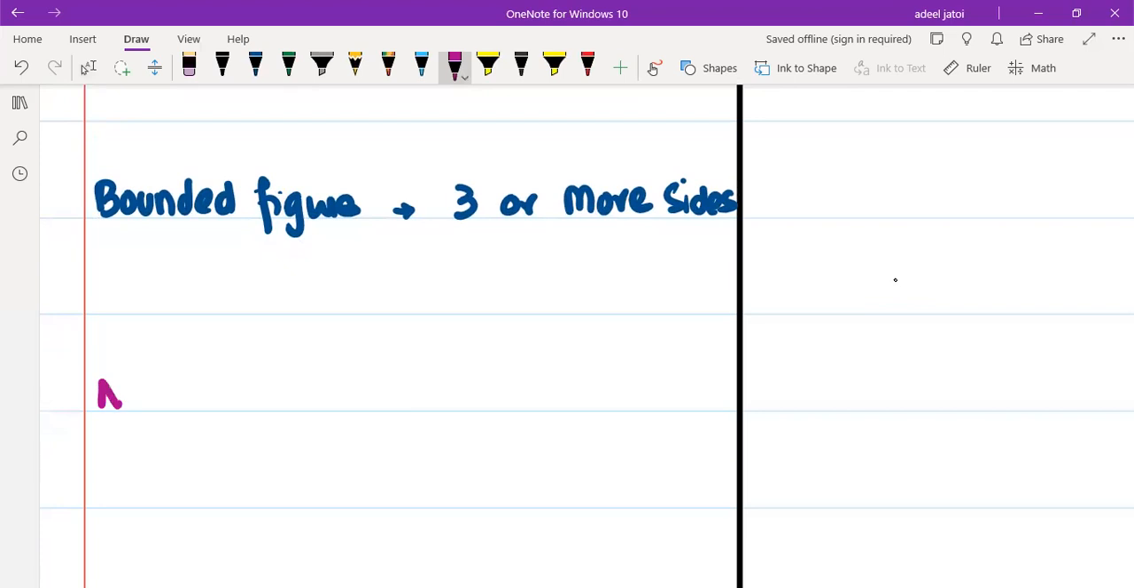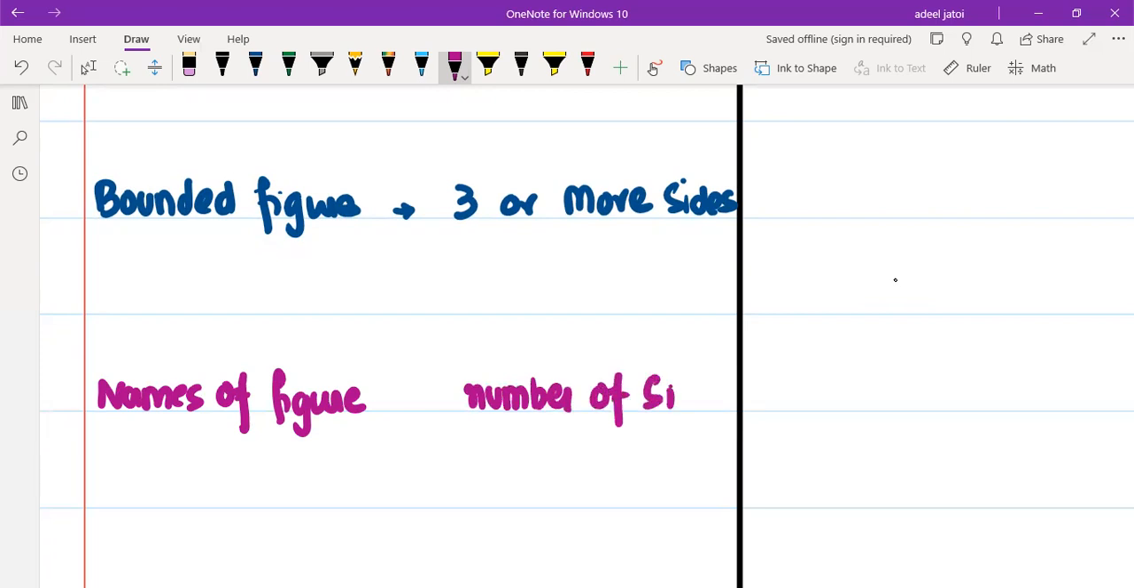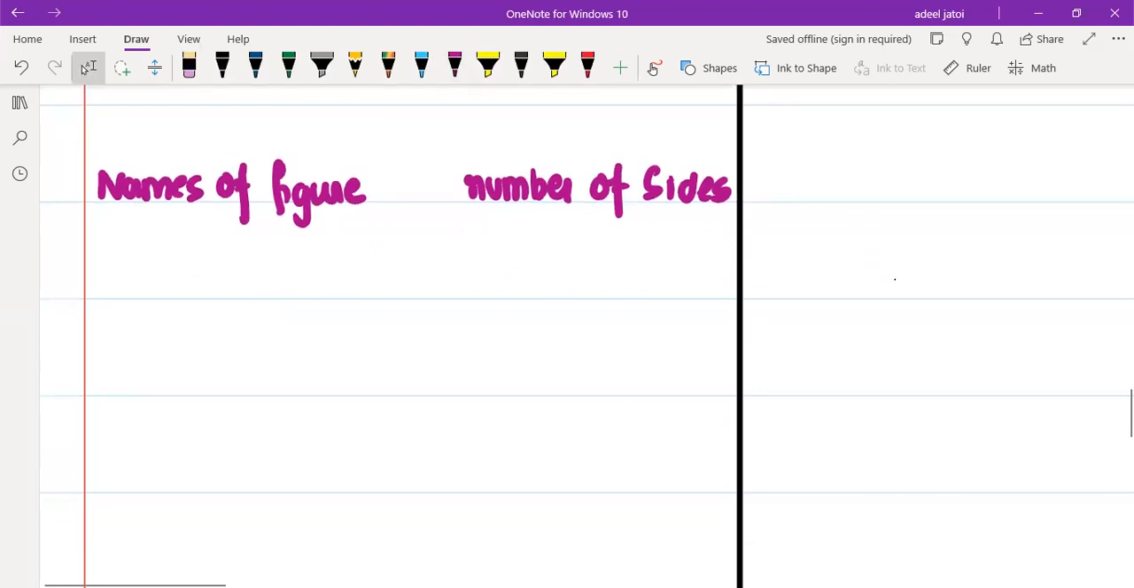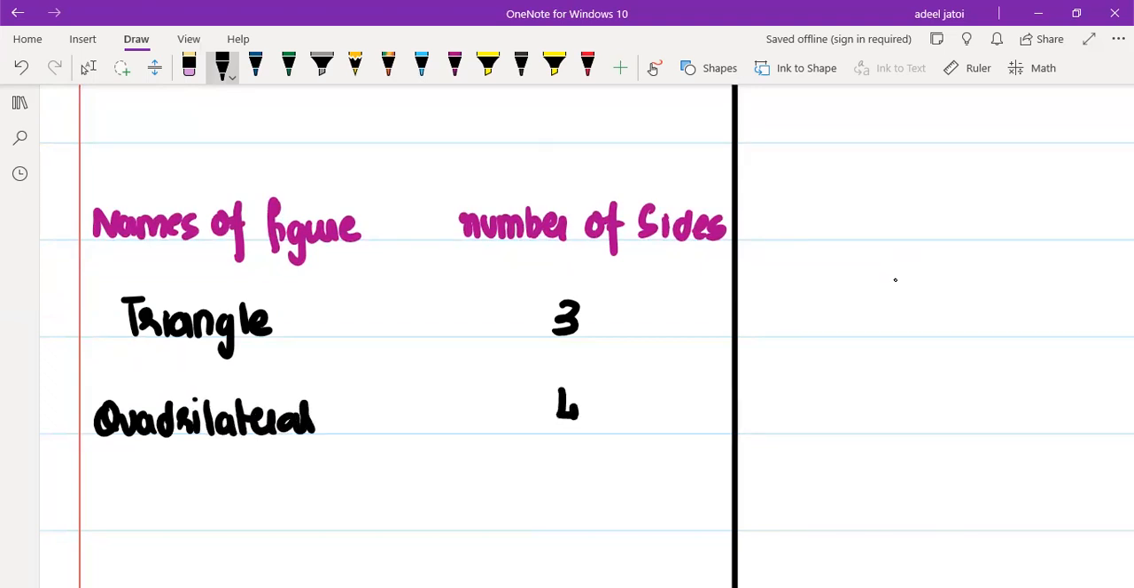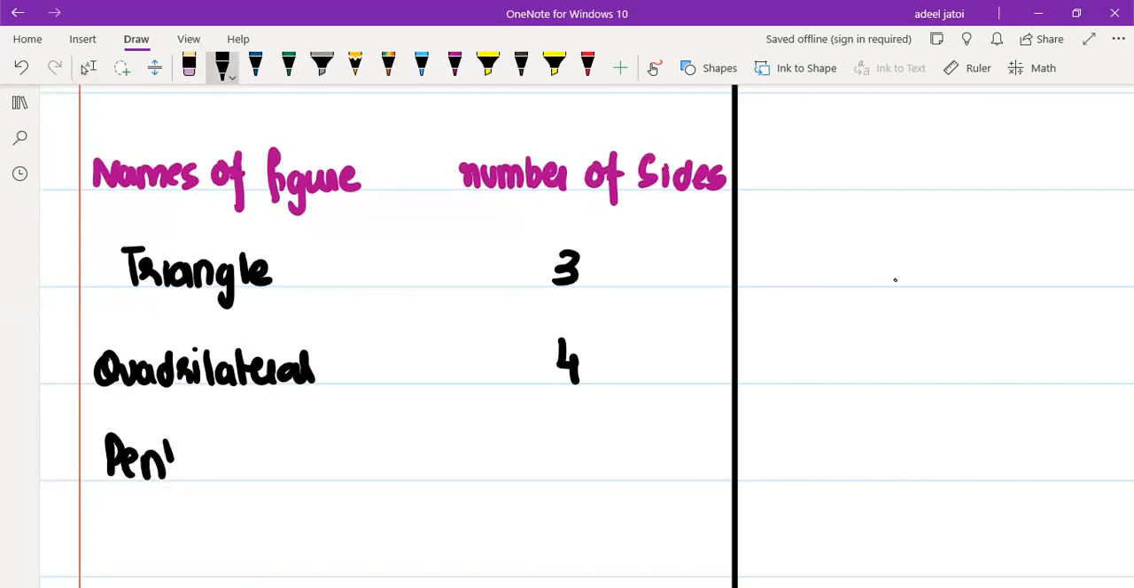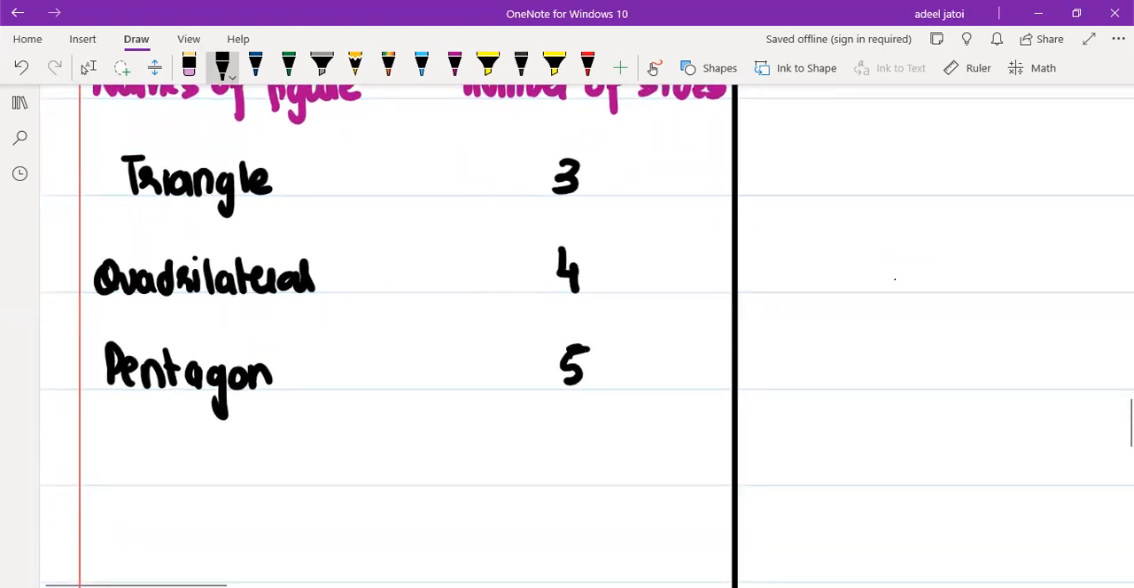So let's write down names of figures that are mostly used and the number of sides. So we already know that there is triangle, and triangle has 3 sides. Then we know we have quadrilateral, and quadrilateral has 4 sides. Then we have pentagon. Pentagon has 5 sides. Then we have